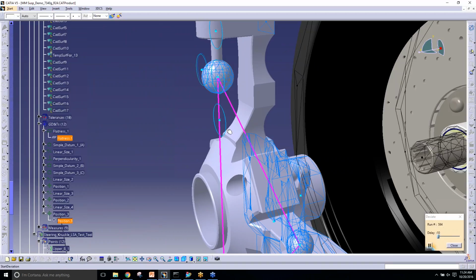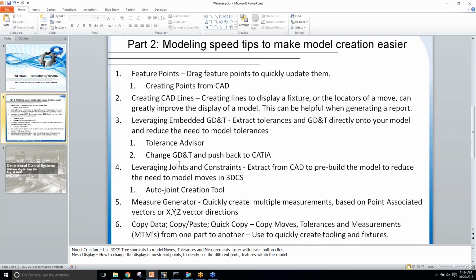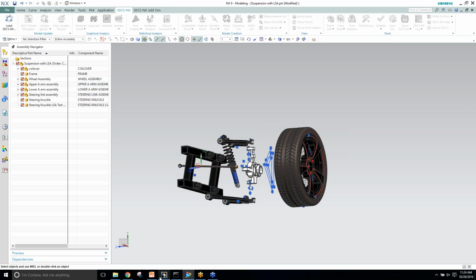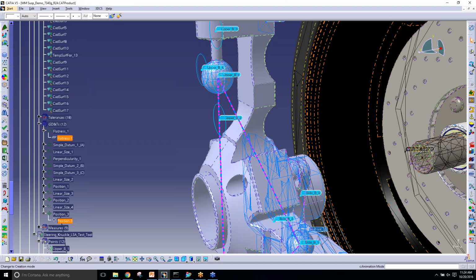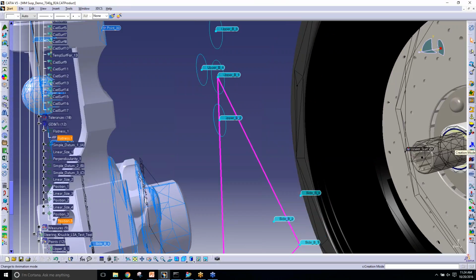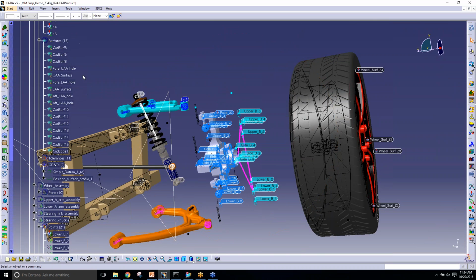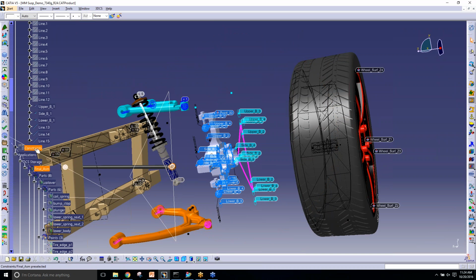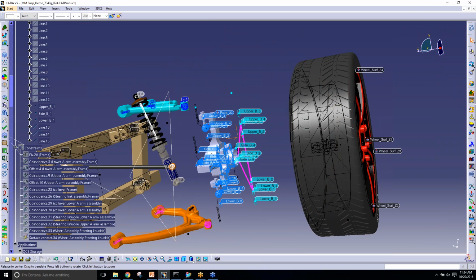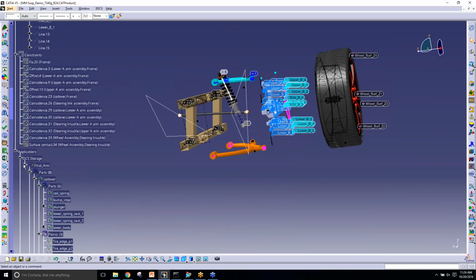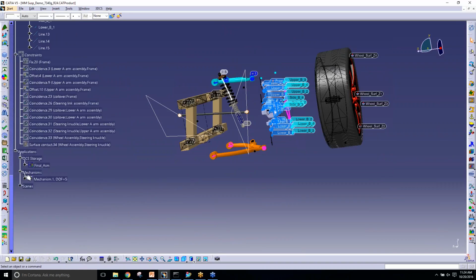Okay, next point. Leveraging the joints and constraints. I see I'm going a little too fast for the computer. All right, so pretty much in most CAD systems, we do have a way of making joints or making constraints. They might be called something else in NX. But in CATIA, we have the same capability as we do have in GD&T. So we have our constraints here. We also have already created a bunch of joints or a mechanism in CATIA